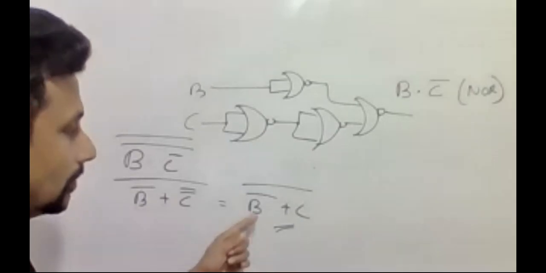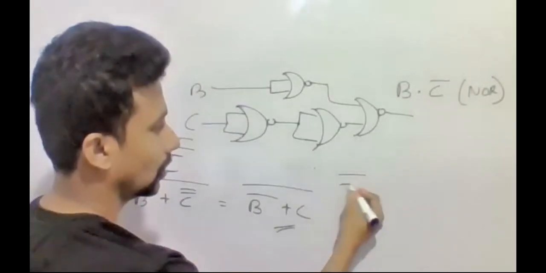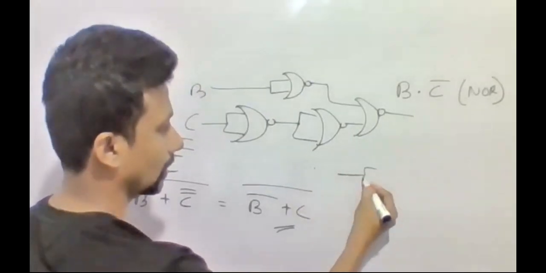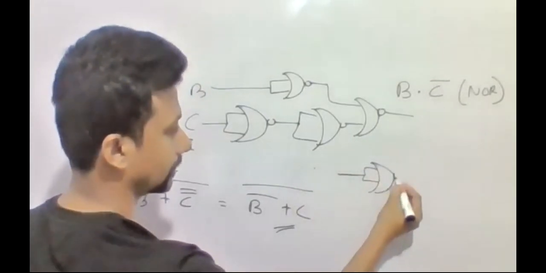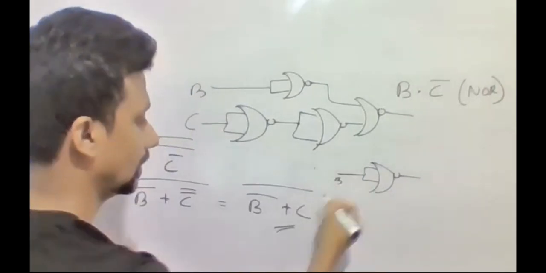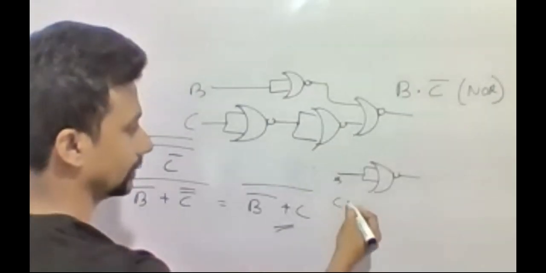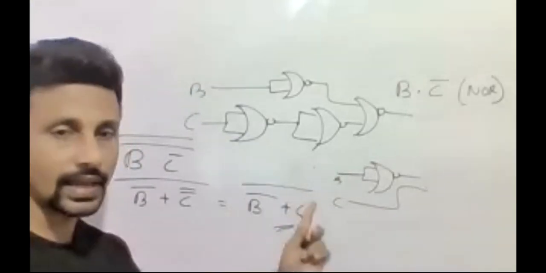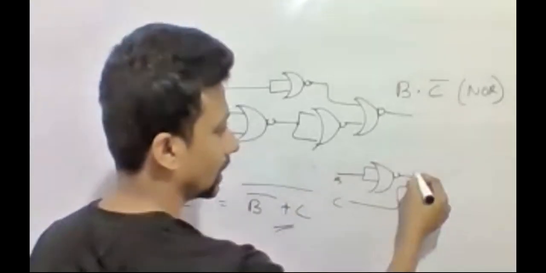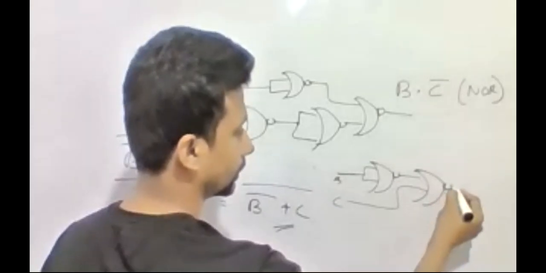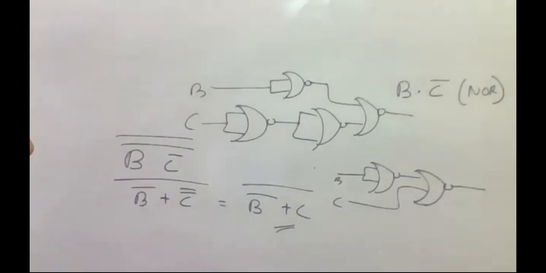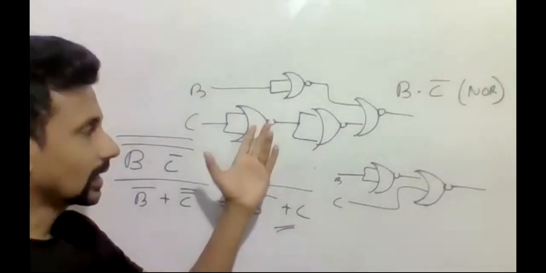Now I can draw B dash, a NOT gate I have to use like this. Here B. C also getting, both are connecting with plus and dash. Plus and dash means it's a NAND gate, right? It's a NAND gate. So by cutting these two,